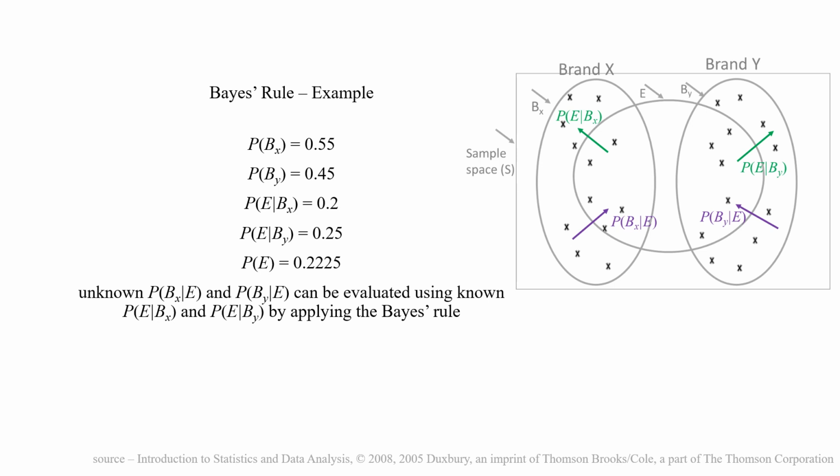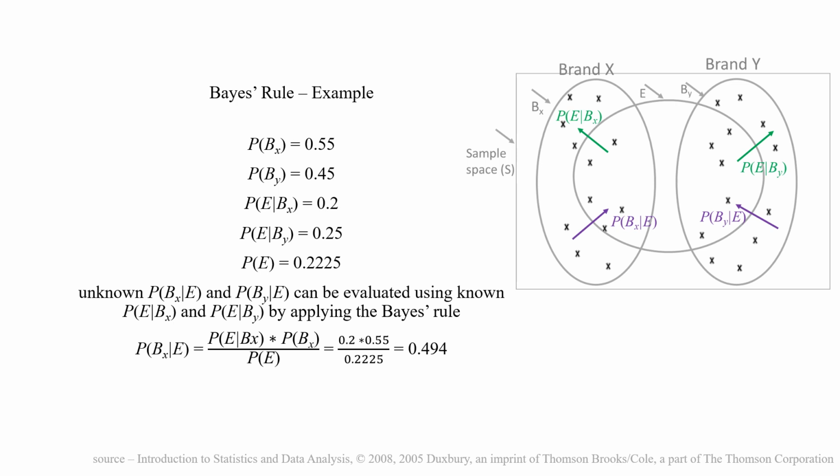And thus, using the various probability values available as part of this example, the unknown conditional probabilities, probability of Bx given E and probability of By given E, can be evaluated using the known conditional probabilities, probability of E given Bx and probability of E given By, by applying the Bayes rule, as in probability of Bx given E equals probability of E given Bx multiplied by probability of Bx divided by probability of E, which equals 0.2 multiplied by 0.55